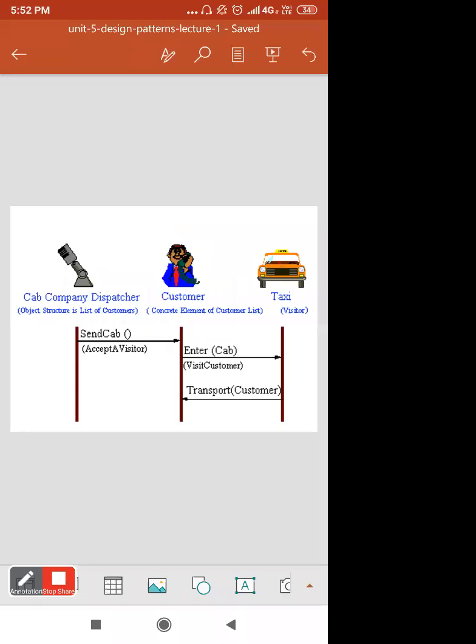The cab company dispatcher is the object structure. The object structure is a list of customers. The customer is a concrete element of the customer list, who requests some taxi or some service, we can say.